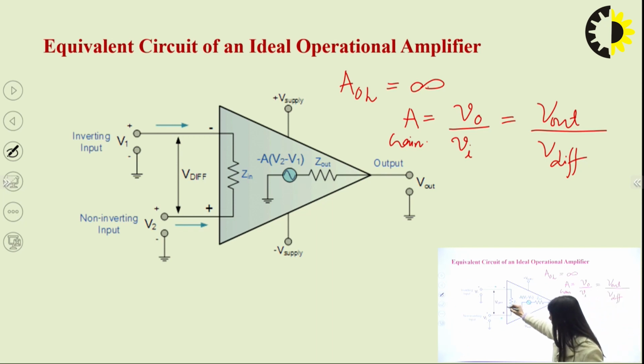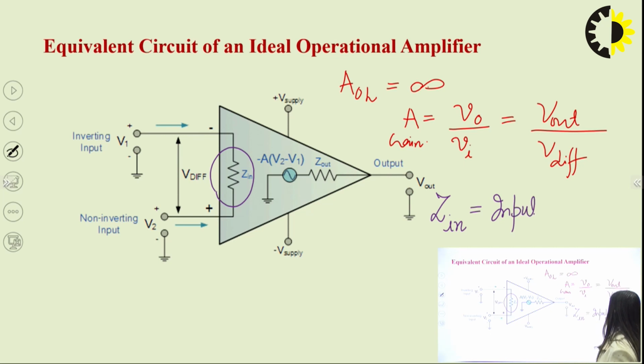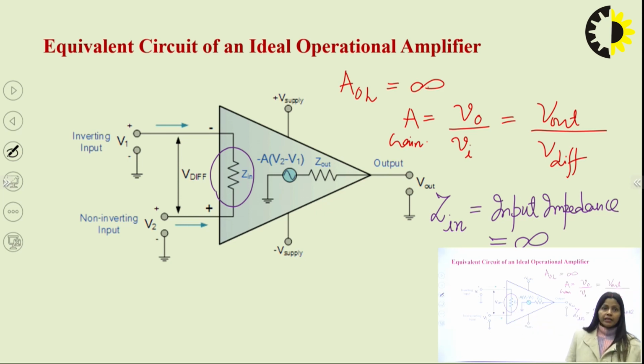Now for ideal OPAMP, this input impedance Zin is equal to infinite. This input impedance Zin is equal to infinite for ideal operational amplifier. What does it mean? If this is infinite, that means this should be open circuit. And this is open circuit because